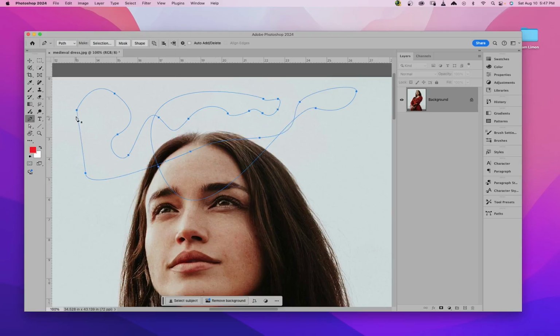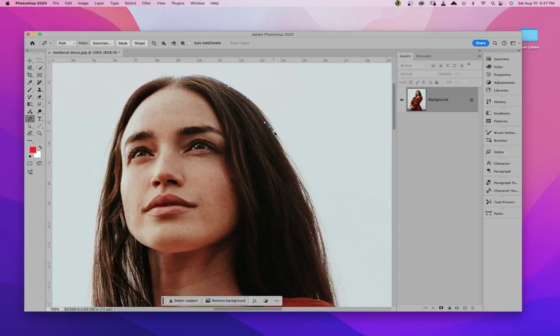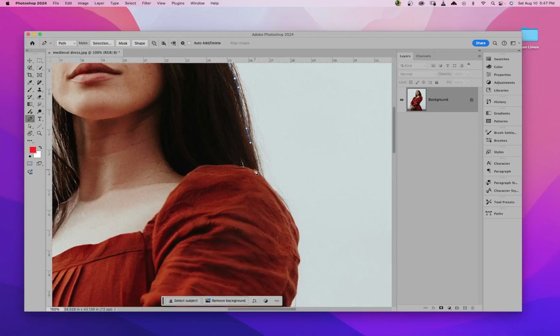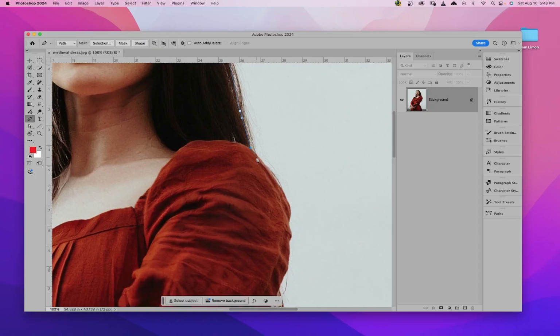Okay. So what we're going to do with that information is now we're going to trace our subject. And again, doesn't have to be perfect. Just get the bulk of the hair here. You don't have to get the strands. We could worry about that after. So you're just going to click and drag. If you get to a point where, let's say this is a sharp point and then it goes into the shoulder, just click once and that gives you a sharp point or a sharp anchor point, and then drag